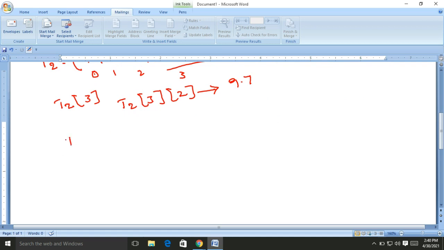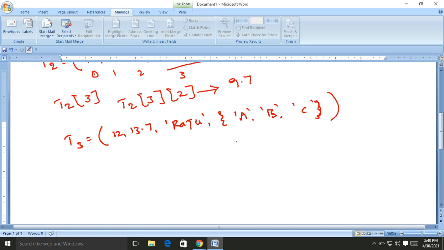So I am creating the tuple T3 as, suppose, 12, 13.7, Raju, and the set A, B, C. Here also the tuple is indexable: 12 is the 0th element, 13.7 is the first, Raju is the second, and the set ABC is the third element.